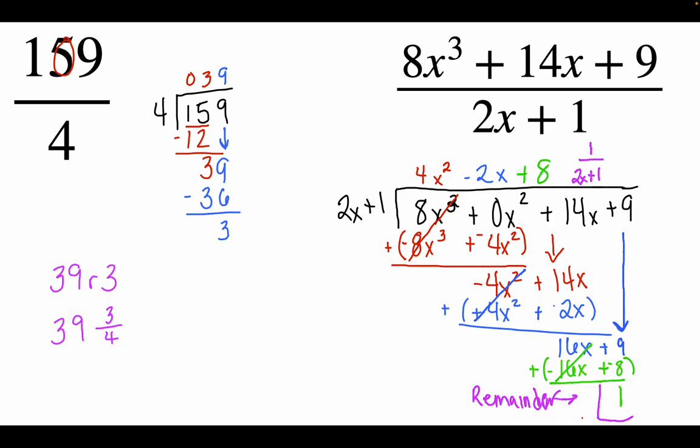Now, because this is positive, I'm going to put addition, and so my final answer to 8x cubed plus 14x plus 9 divided by 2x plus 1 is 4x squared minus 2x plus 8 plus 1 over 2x plus 1. So a slightly more complicated looking polynomial. So I hope this has helped you out, and